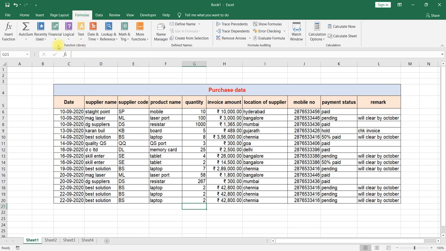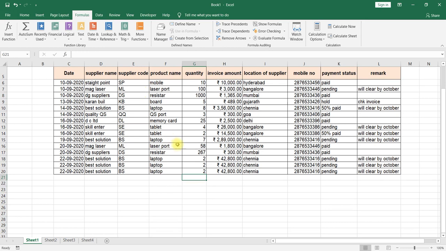But which are the most used formulas we are going to learn? We will not be able to learn each and every formula, and it will be very difficult to remember all of them. So whenever the application comes, we can use the most used formulas. Right now, we are going to learn the basic formulas. We have basic formulas like sum, average, count, max, min. These are the basic formulas we are going to use.